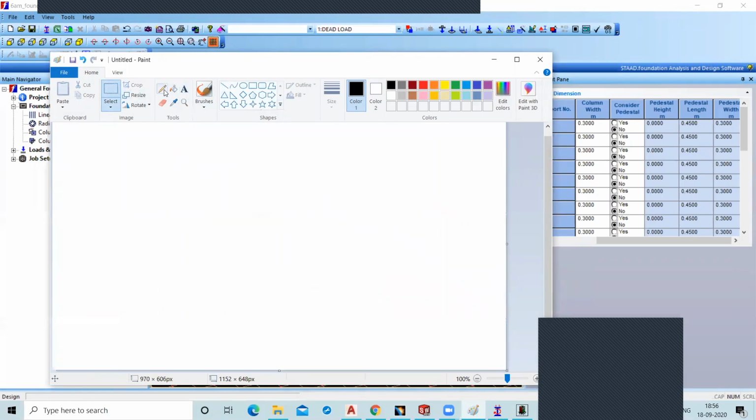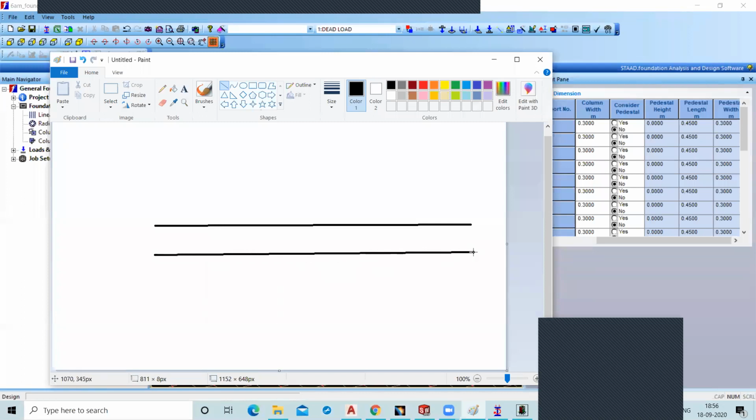So this is your ground level, ground floor, and one level is below the ground level, which is your foundation depth. How much do you consider this length?